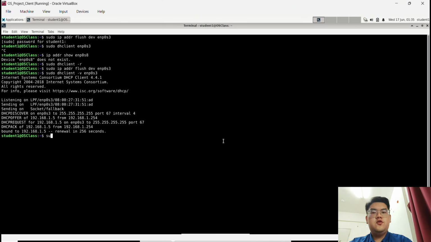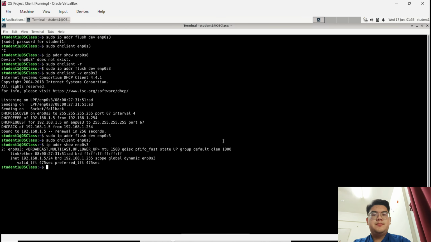Now, let's switch over to our client virtual machine to test the automated network configuration assignment. We flush out any existing lingering IP credentials on interface ENP0S3 and run dhclient -v to track the process in real time. As displayed on the screen, the terminal executes a clean DORA network handshake. The client sends out a broadcast packet, receives an offer from our server gateway, requests the parameters, and successfully binds to the very first available address in our dynamic scope,